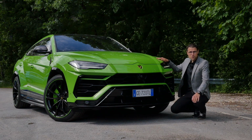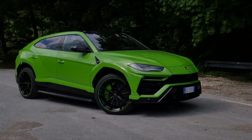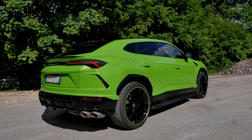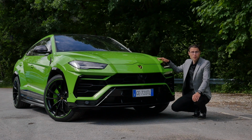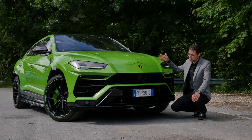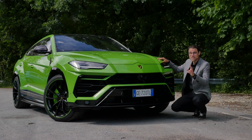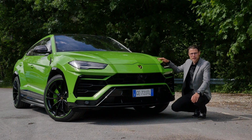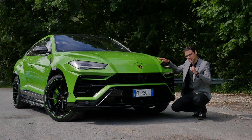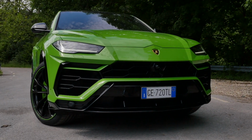A German Autobahn special with the Lamborghini Urus, one of the most expensive and most dramatic performance SUVs. Today in the special Pearl Capsule version, a new fitting exterior, interior special edition today as Verde, so the green one, exterior and interior. This will be very special indeed. With Thomas and Autogefuehl, and here in the front we see that super dramatic look here already next to the